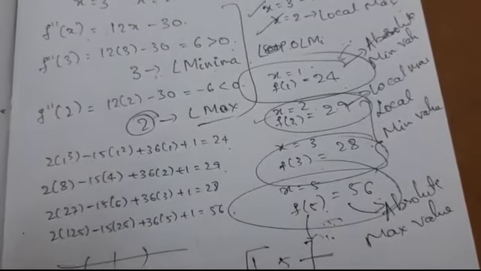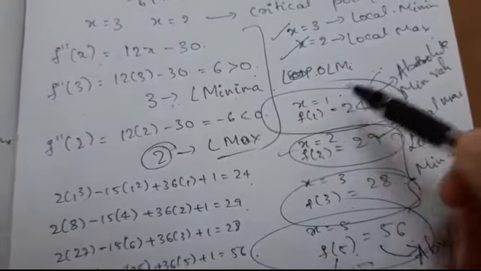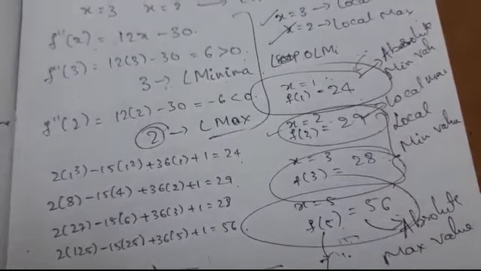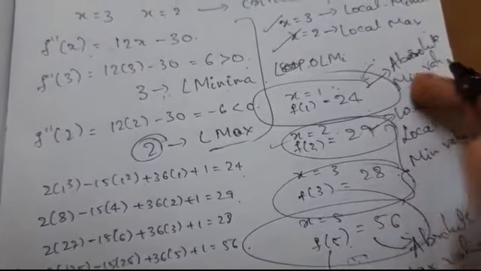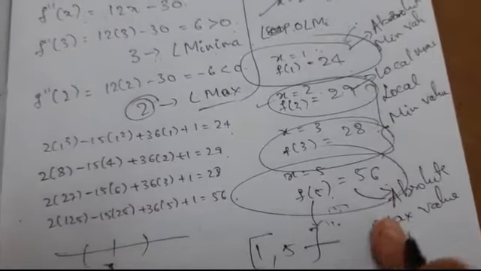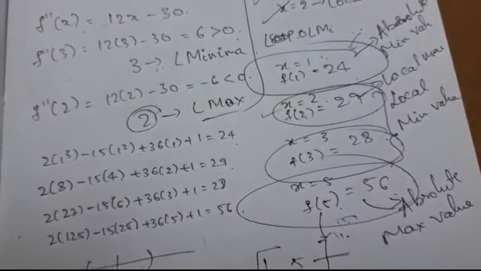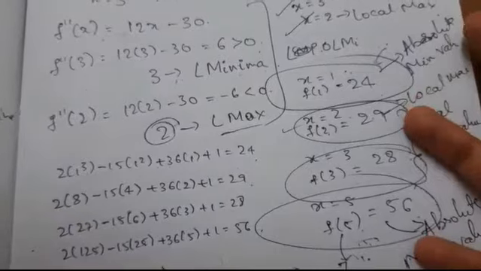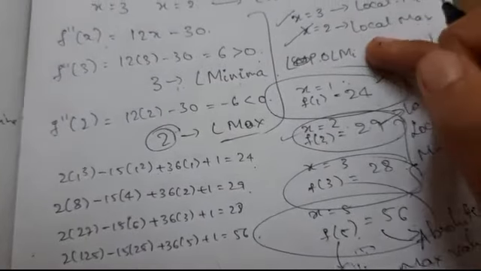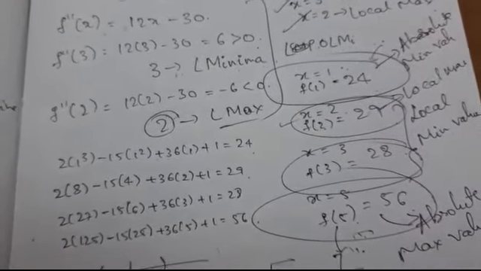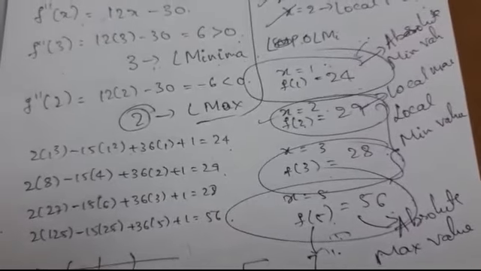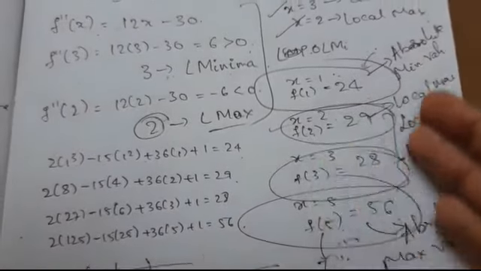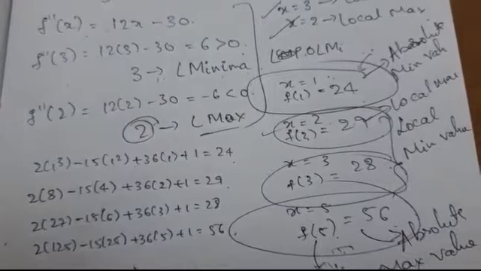Another question you might think is that since we are including the extreme points, it is clear that this value only will become the minimum value and this value only will become the maximum value. It is not the same in all cases. Here in this example, the extreme points only become the absolute maximum and minimum value. Sometimes there might be cases where some of the critical points also become the absolute maximum or absolute minimum value.